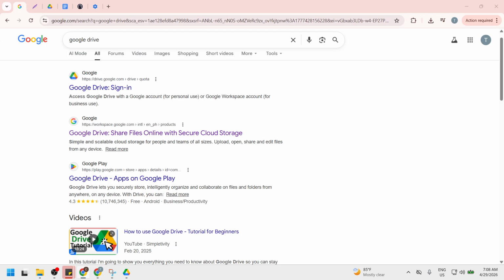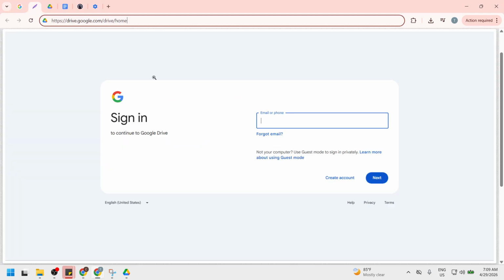Start by opening your browser and searching for Google Drive. You're looking for the official site. Before you click, scan the results and make sure the link points to the real address. When the page loads, double-check that the address bar shows the correct domain so you know you're in the right